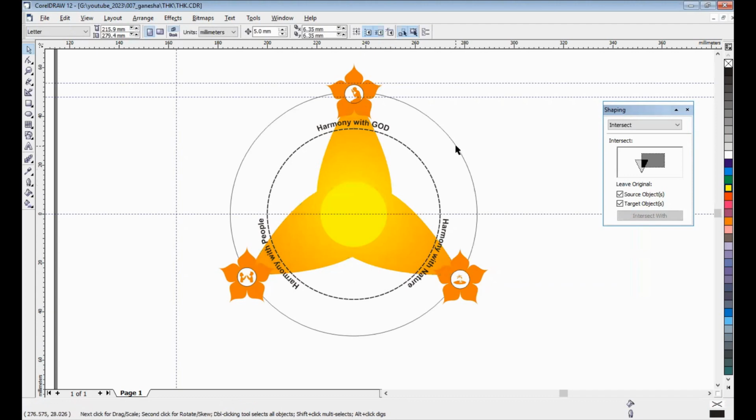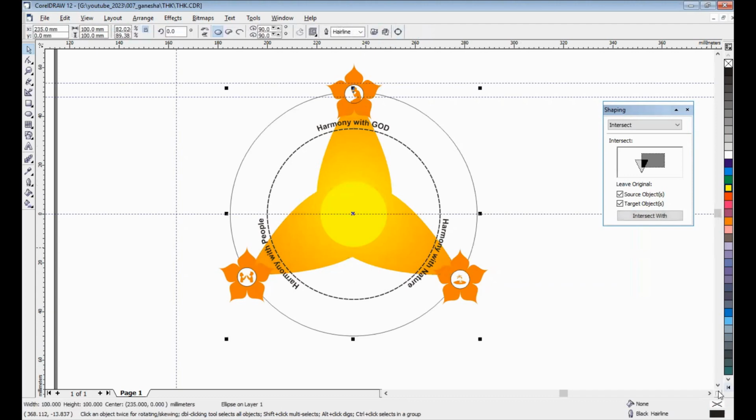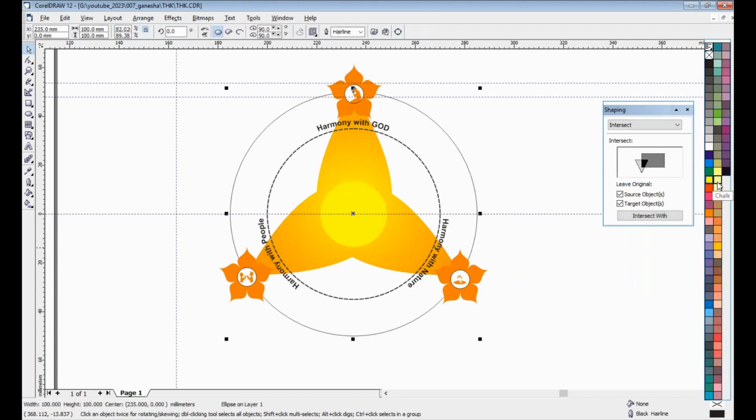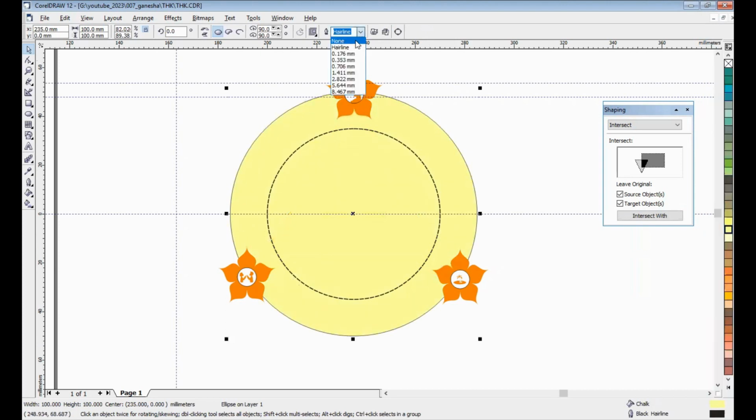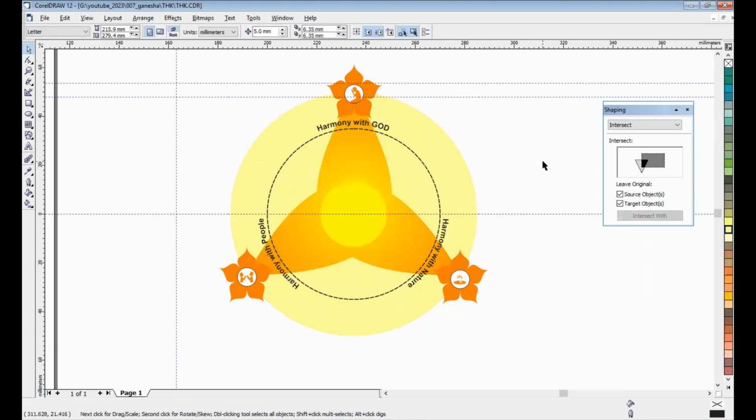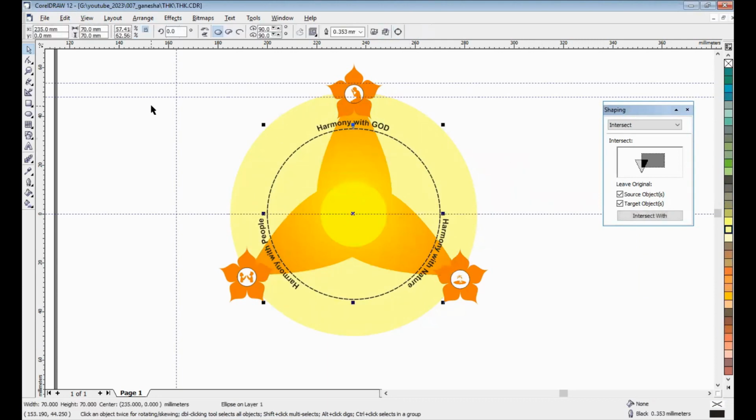Yeah, it's okay. I need no outline, Shift Back Down like this. But this I want maybe 60.